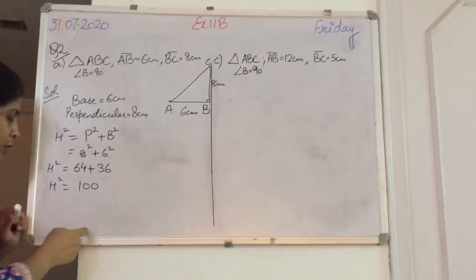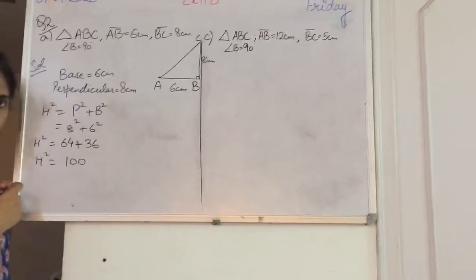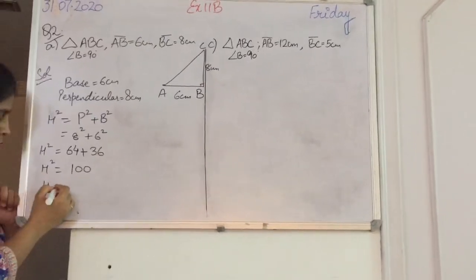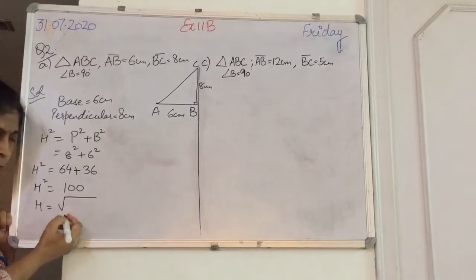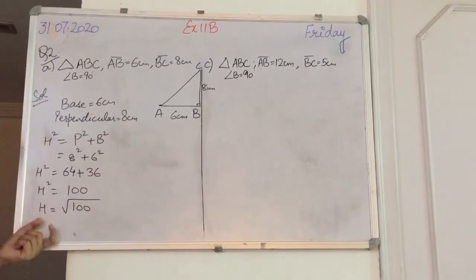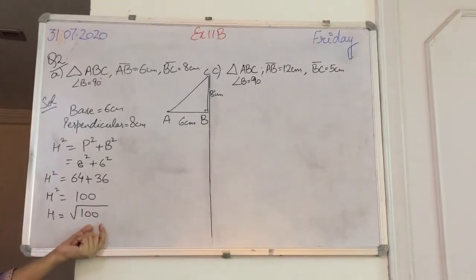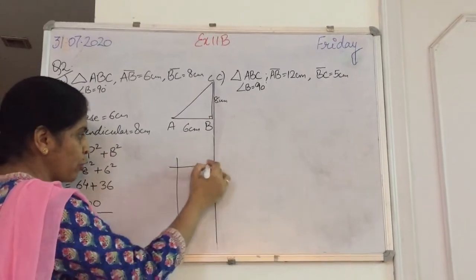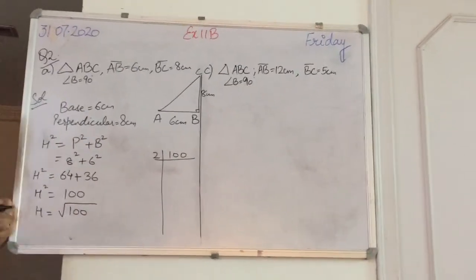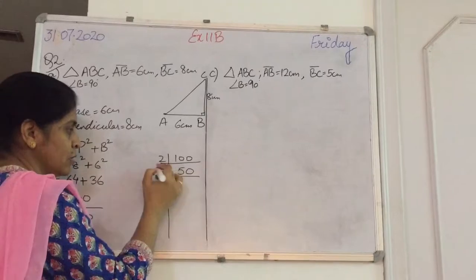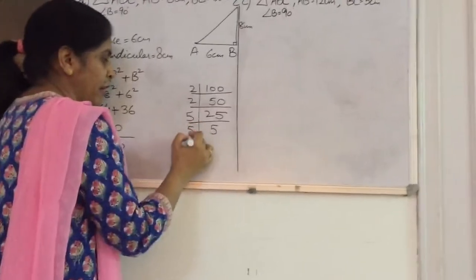Now you will learn in class 8 as well. In class 8, what will happen is the transposition of the power. So h power will be transposed and it will be converted into square root and it will become square root of 100. Now after getting a square root, you just have to do the prime factorization of this number. Students, when I am talking about prime factorization, you have to take prime numbers. Don't do it with 10 because 10 is not a prime number. So 2 50s, 2 25s, 5 5s, 5 1.